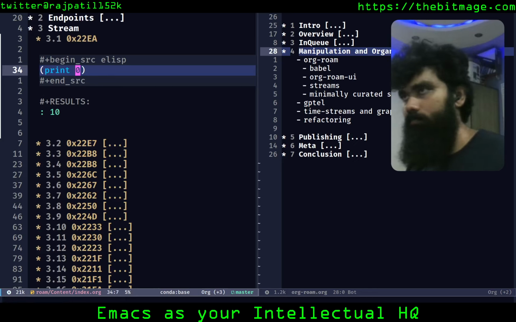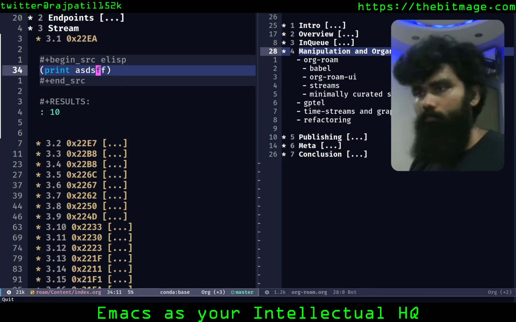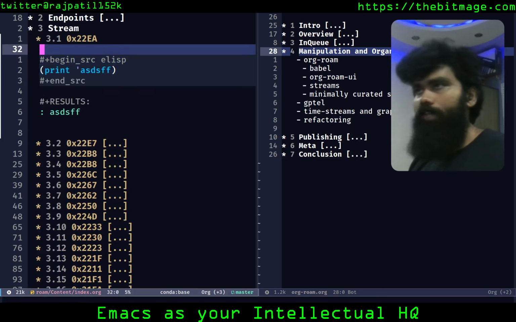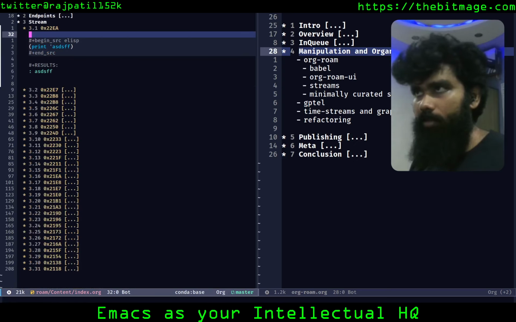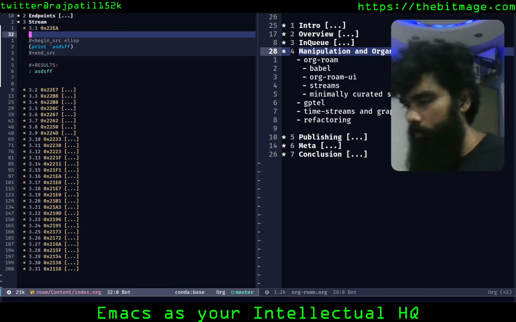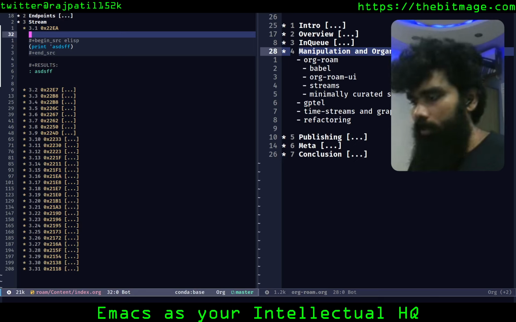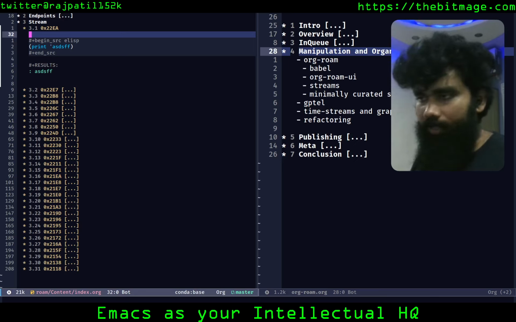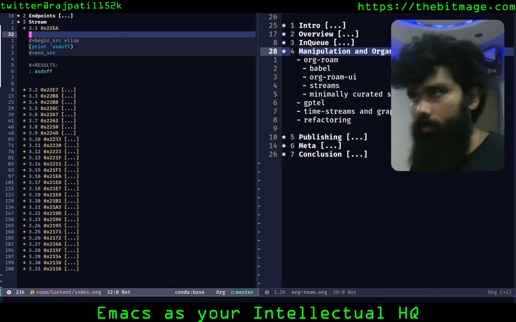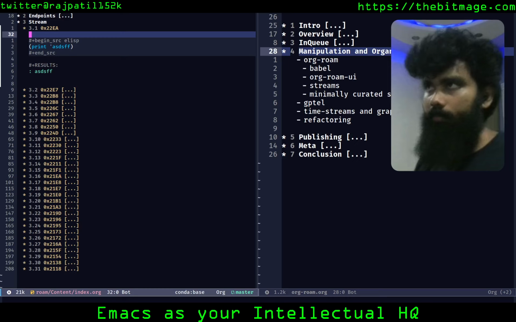Yeah, something like that. Yeah, anything like that. So Org Babel is what actually enables you to do these things. The mechanisms of setting it up are secondary. We're not getting into that right now. This is not a tutorial. This is an overview, a conceptual, philosophical overview.